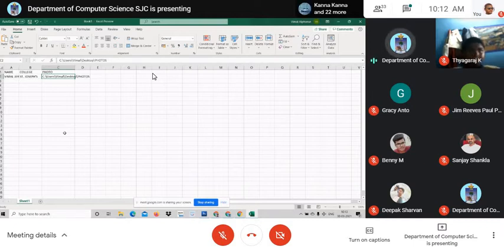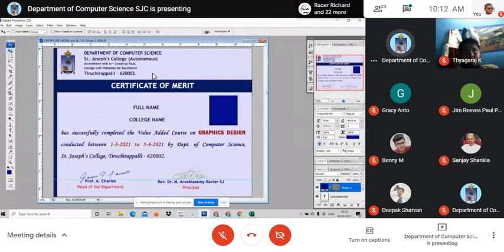So with one click, you will be able to generate any number of certificates and ID cards. Anything can be done. I will give you two models also, an ID card as well as a certificate. Am I clear to you? So just get ready tomorrow with the model certificate and the model ID card.